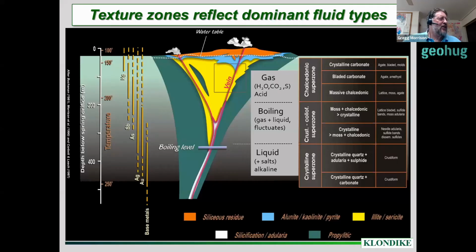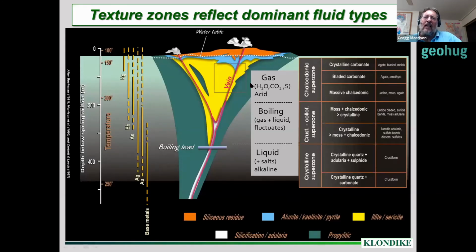Okay, so what does all that mean? We go back to the original cartoon. Here are our crystal zones. So we've got the three super zones, the Chalcedonic, the Crustiform-Colloform, and the Crystalline, stuck on Larry Buchanan's diagram with the alteration, the temperature of formation based on fluid inclusions, and the metal association that's been interpreted from the mineralogy. And what we realized about the texture, which was a eureka moment where the alchemy was being discussed, is that